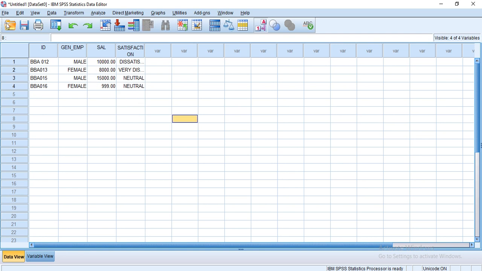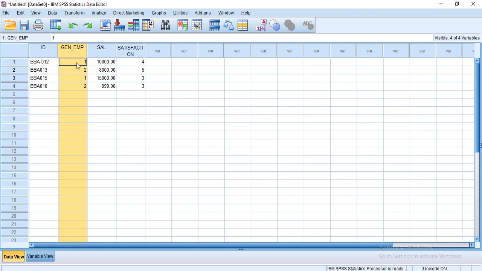Correct? Now you can see that all your information is in the form of alphabets. We can change it into numeric. What we can do here, there is a command where you can convert information in alphabets to information in numbers and vice versa. See this, we'll do this. You can see wherever you have assigned the code, they are converted into numbers and they can be again converted into alphabets by clicking on this particular link.